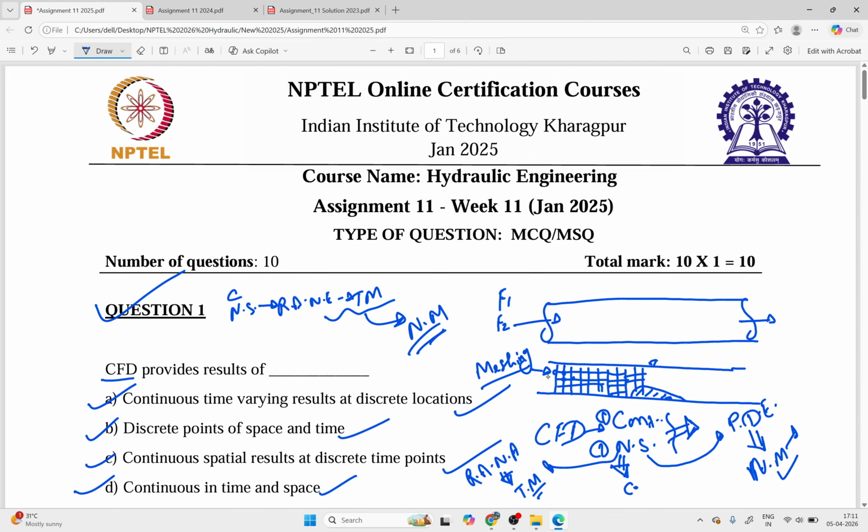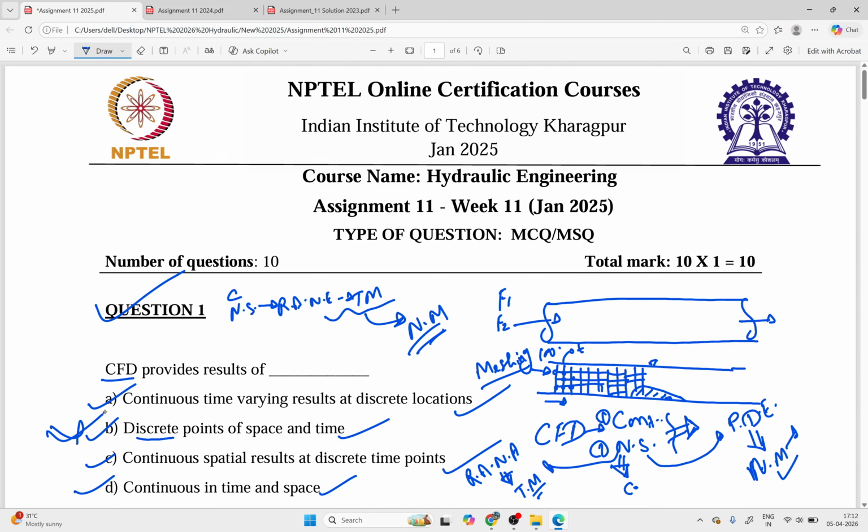Now, you are discretizing the domain in space and time. Definitely in space and time: if you are discretizing in this direction, this is another space, this is another. So in space also you are varying. Time: when you run this, what will happen? You will run, let us suppose, for 100 seconds. So you will see your result, suppose after 10 seconds what is happening, after 20 seconds what is happening, and when your equations or this model is going to stabilize. So here option B is correct.